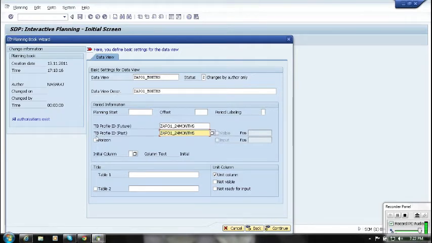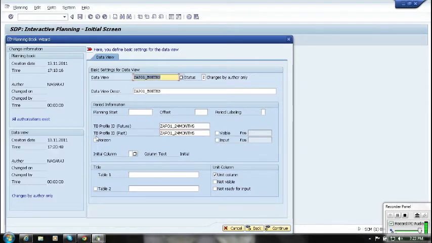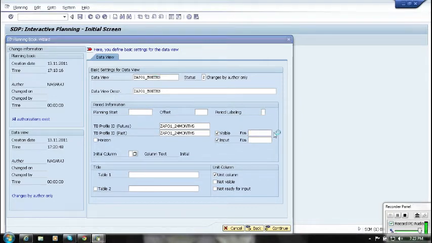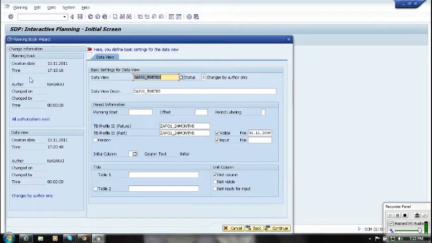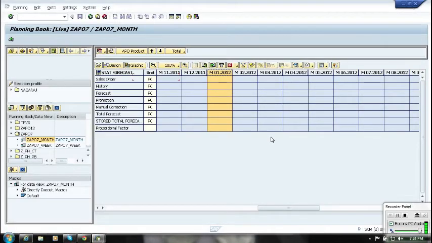Okay. And I can press enter. So after you press enter, visible and input both will be enabled. Visible means from which date or which month you want to see the data in interactive planning. Say for example, I can give 11/2009. If I give 11/2011, I will be able to see from there only.